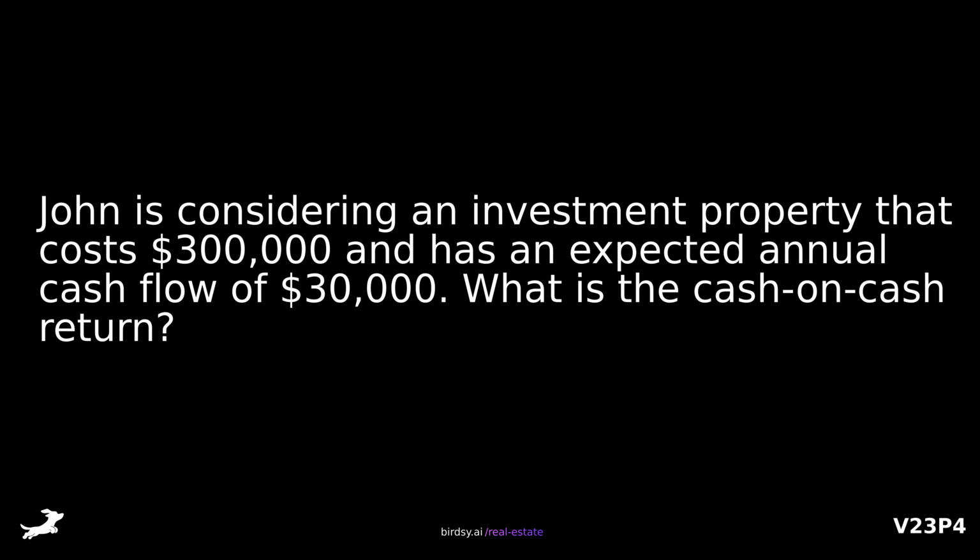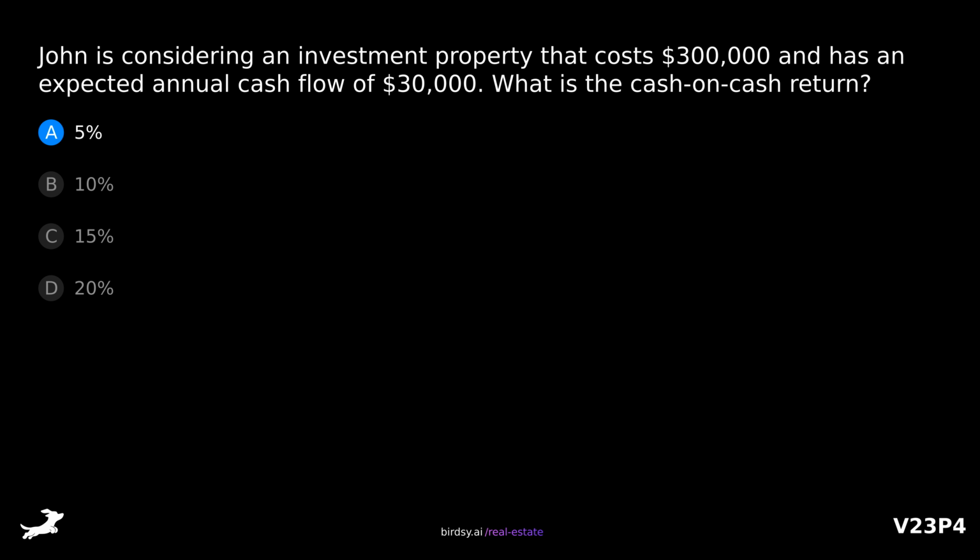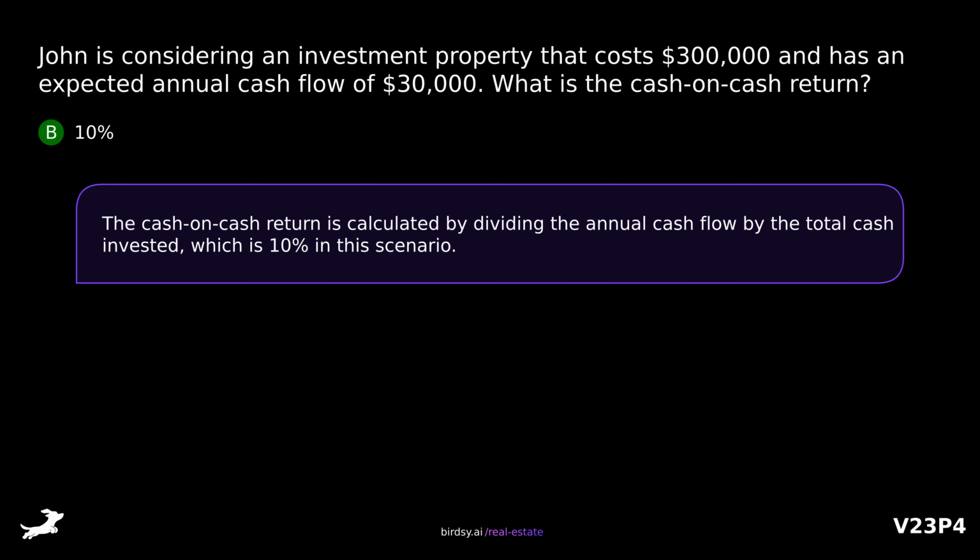John is considering an investment property that costs $300,000 and has an expected annual cash flow of $30,000. What is the cash-on-cash return? Is it A, 5%, B, 10%, C, 15%, or D, 20%? The correct answer is B, 10%. The cash-on-cash return is calculated by dividing the annual cash flow by the total cash invested, which is 10%